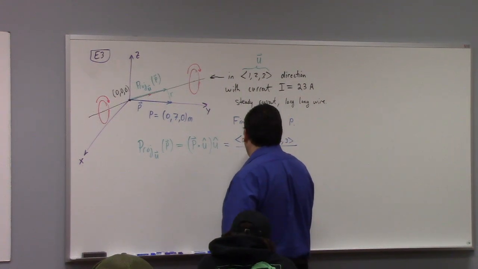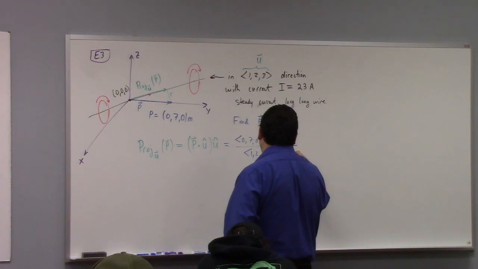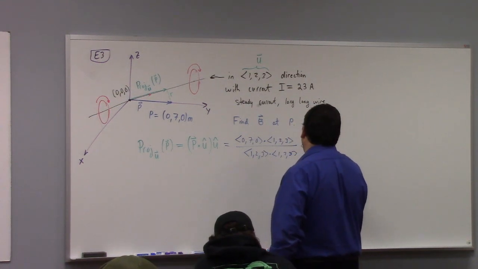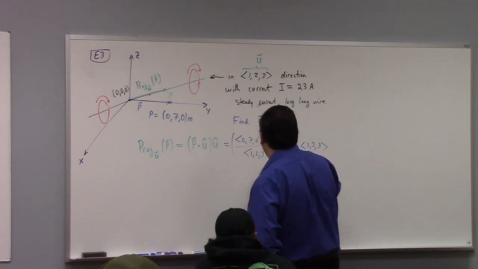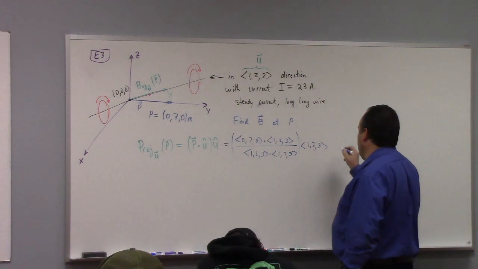You divide by 1, 2, 3 dot 1, 2, 3, and you put that in the 1, 2, 3 direction. So here's a formula for the projection, if you don't want to calculate the unit vector. And that is